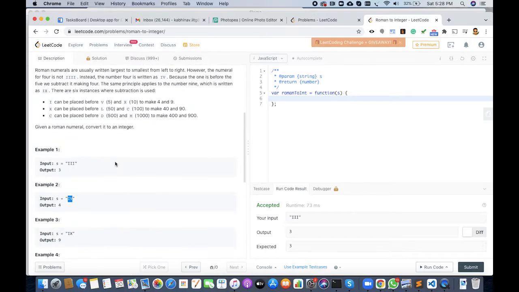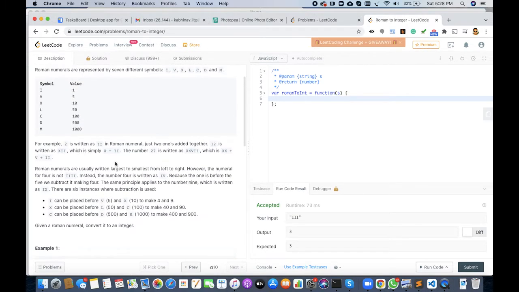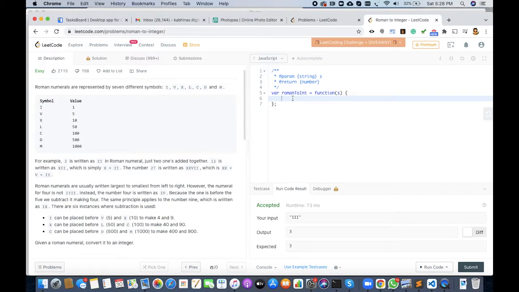Similarly, like this. So what we can do is we can have a map like this, where symbols equal to an object, and then I corresponds to 1, and V would mean 5.